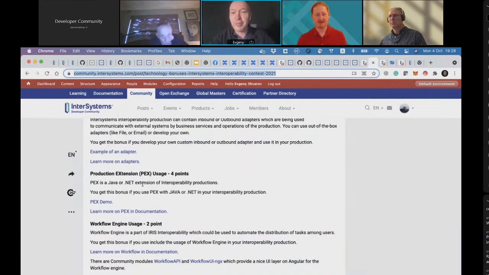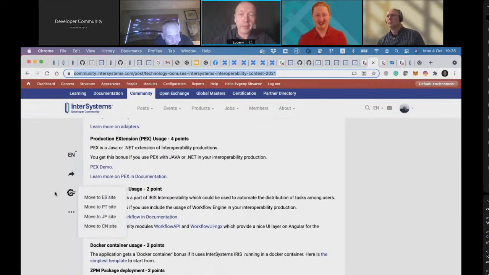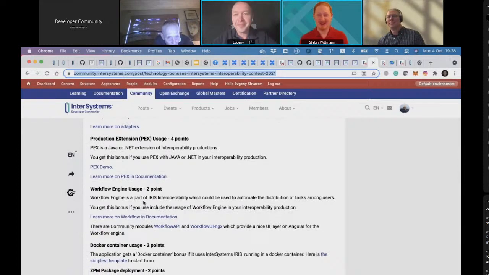We give you more points because we expect you to use the newly introduced feature of InterSystems IRIS. It's not really complex. It's just a way to build up your ecosystem and extend what IRIS can do. The code you need to write is not complex, but you need to have some knowledge around that ecosystem, like Java or .NET.